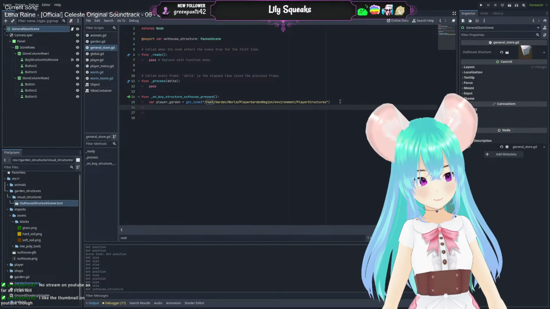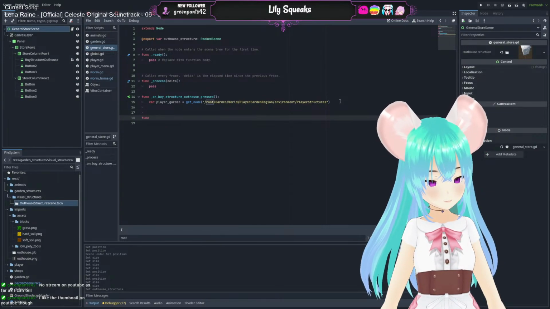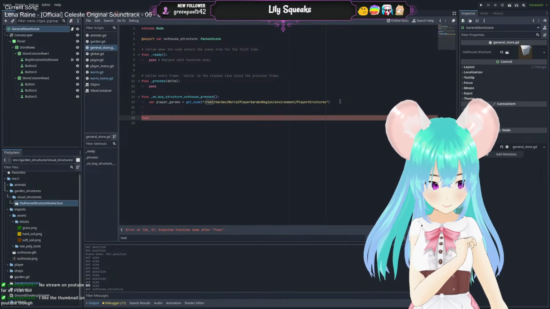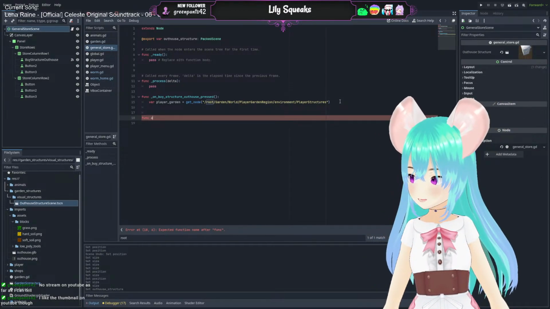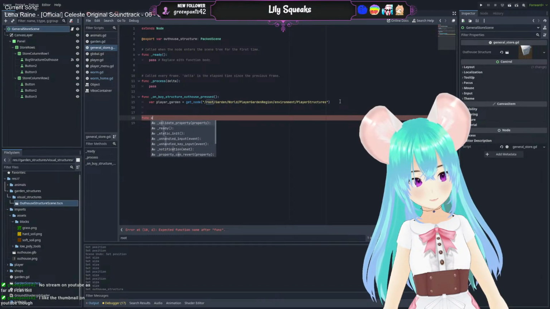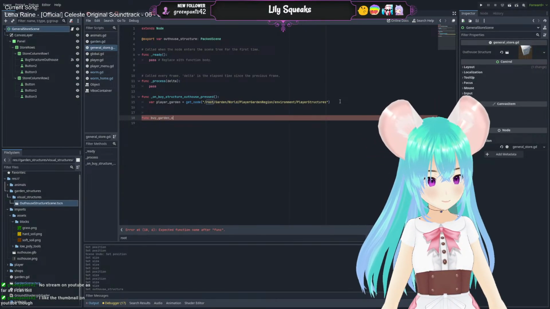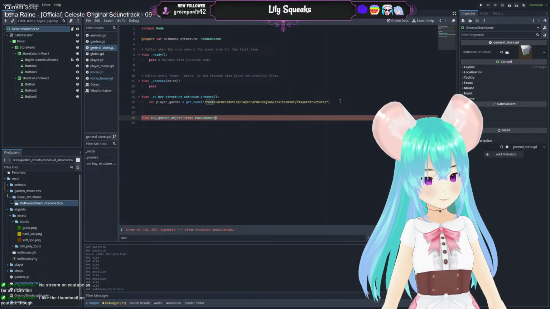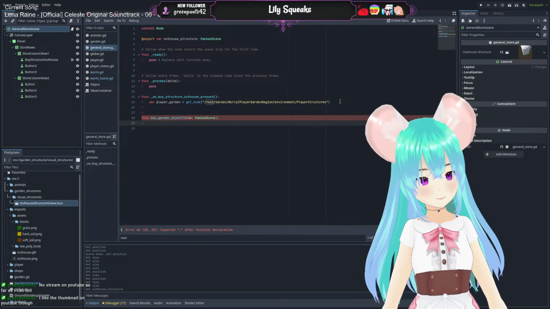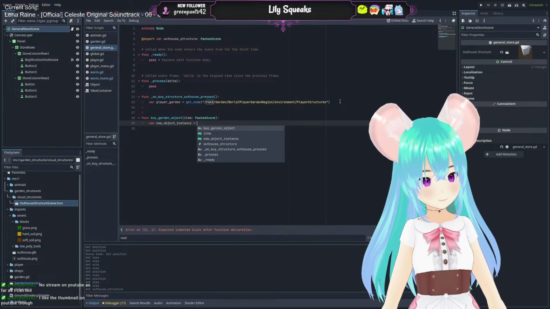And then we make ourselves a function which we will call add or buy garden object with item, which is a packed scene,